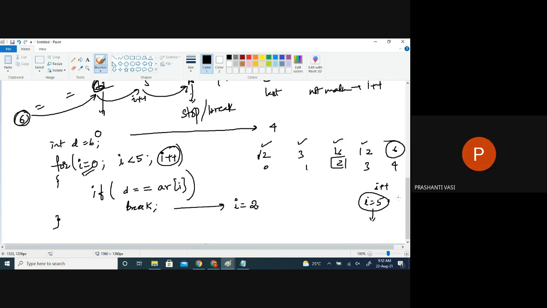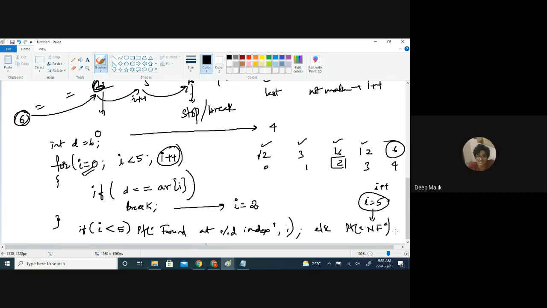So that means I can check the condition by checking the I value. Is the I value less than which value? 5. The breaking point. We are taking a decision based on the breaking point of the loop. If the loop has broken before 5, what does it indicate? The element is found, found at this index, right? Else, which statement can you write?